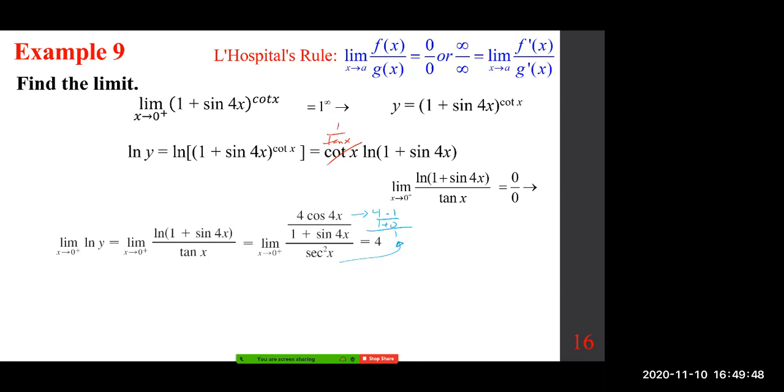Therefore, your final answer is e to the power of 4, everybody. So you really don't have to do much. It's important to see how you arrive at 4, and then, as I've mentioned, simply put your final answer would be e to that power. In this case, e to the